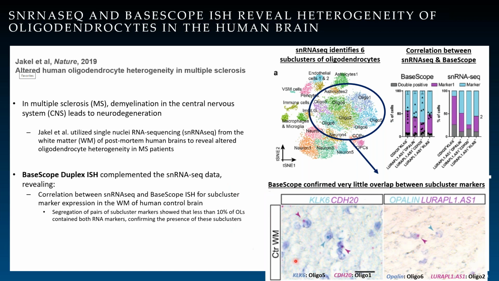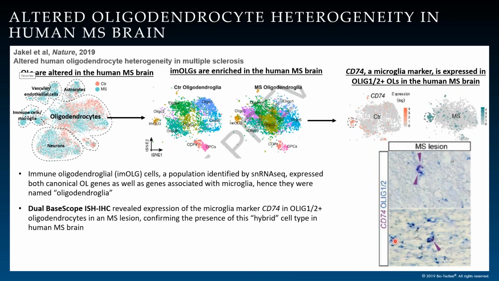Using probes against specific markers, they were able to show that oligo 5 specific marker KLK6 was independently expressed compared to oligo 1 specific marker CDH20, showing that these are independent markers that are exclusively expressed in different subpopulations of oligodendrocytes. They went a step further in showing that the oligodendrocyte population is distinct between a normal brain and an MS